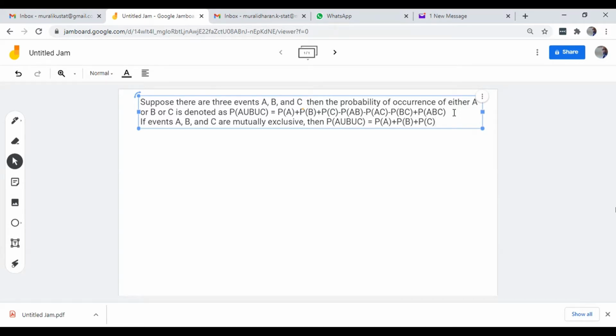Last time we have done it for two events and we have done the proof also. So if you extend it for one more event, say ABC, then this is how you can write it. Now I am going to do the generalization for this. So generalization.